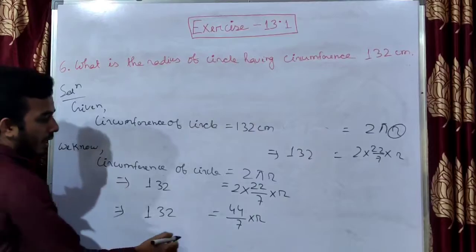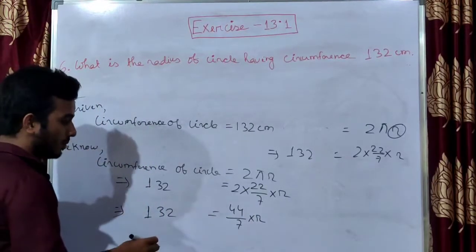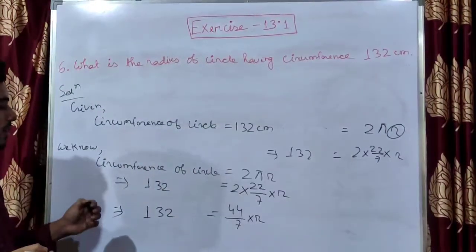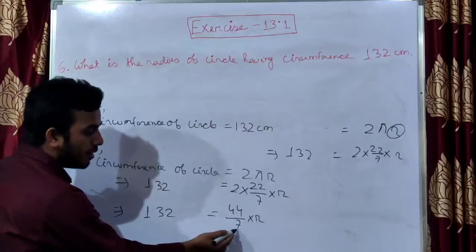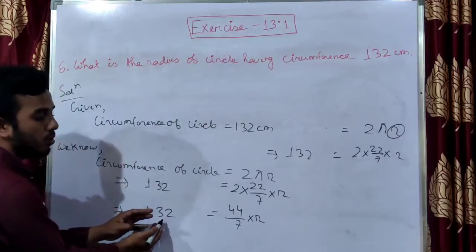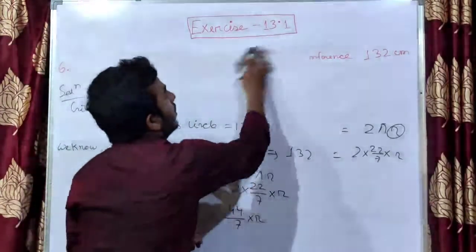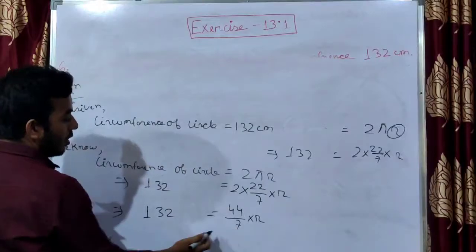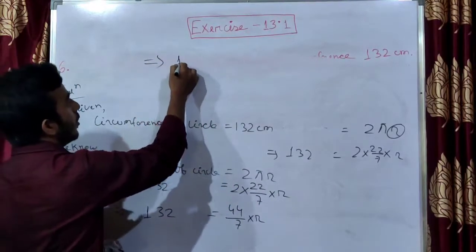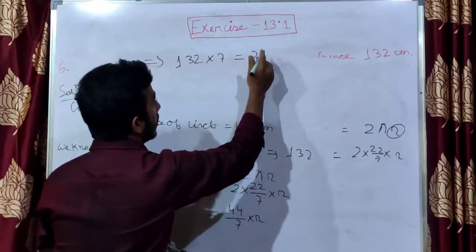Now look, this 7 is what? Divided, right? Now as this 7 is divided, when we change the sign, what will it be? Multiply. So it will be multiplied with 132. So let's see. After we change the sign, it will be multiplied. So 132 into 7 equals